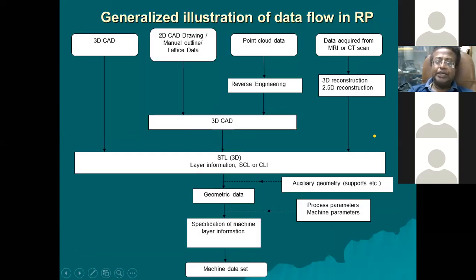CT scan data or MRI data we can use, and there is software called EasyWay or Mimics. There are some software where the DICOM files which are created by this MRI or CT scan can be opened and you can reconstruct the geometry.